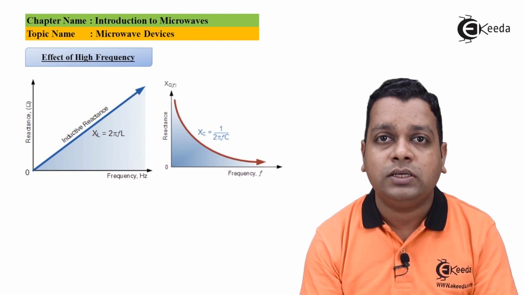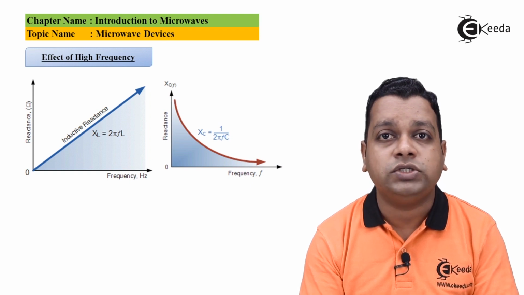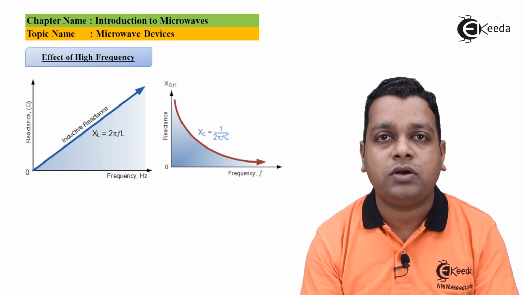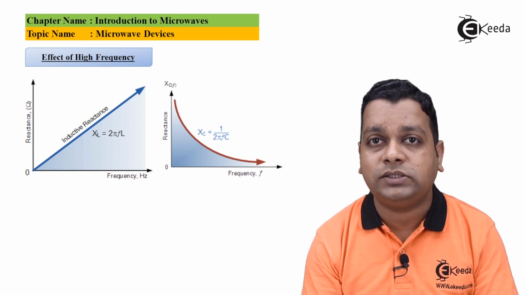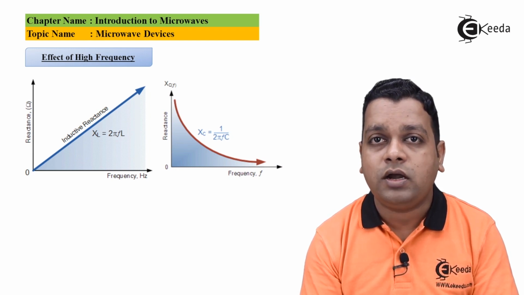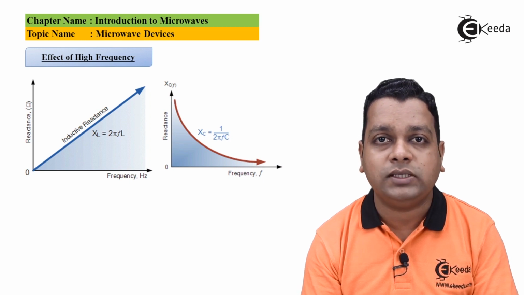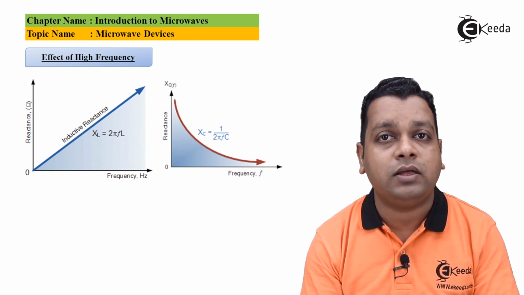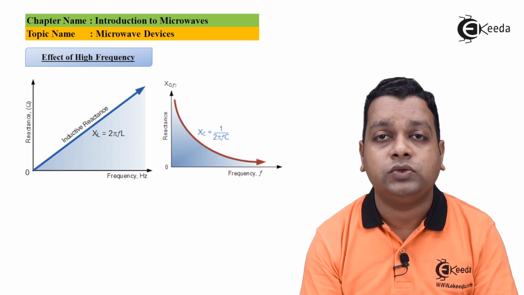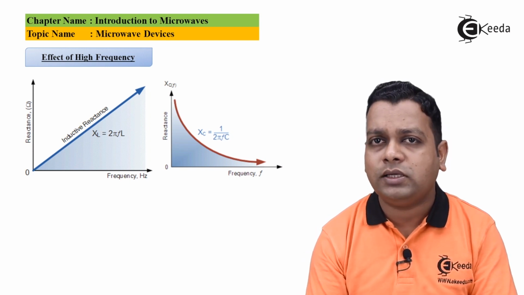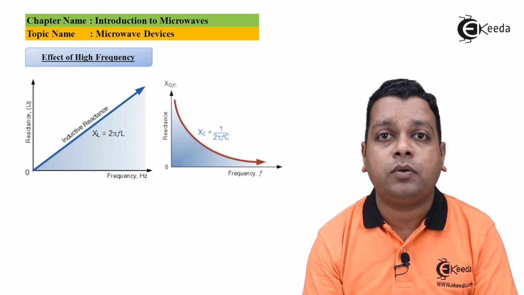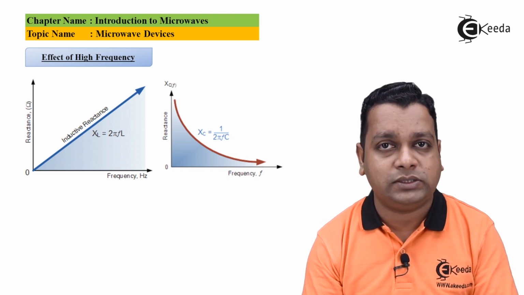Impedance is actually the opposition to the flow of current, so this is not desirable. So whatever output is generated at the base pin is not 100% given to the other device. There is a drop, there is a loss in the gain, so this is called the lead inductance effect. Another case that we see is the inter-electrode capacitance effect.